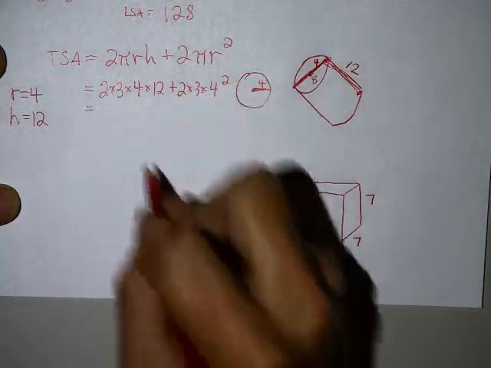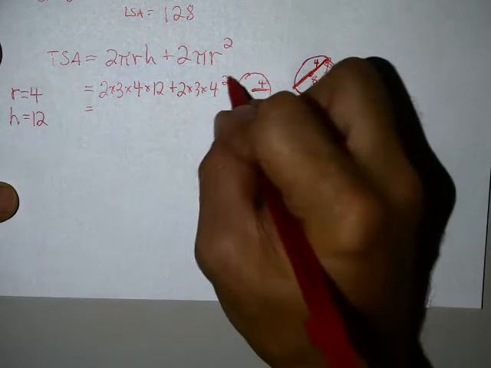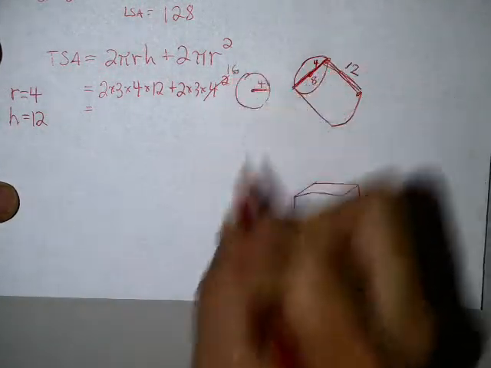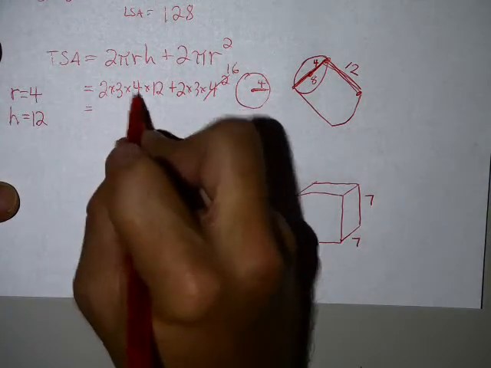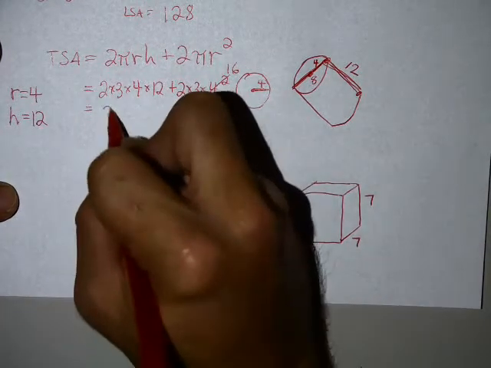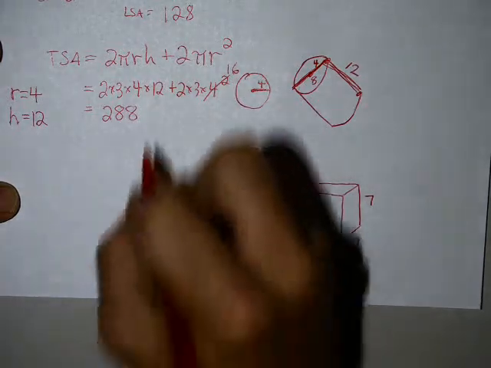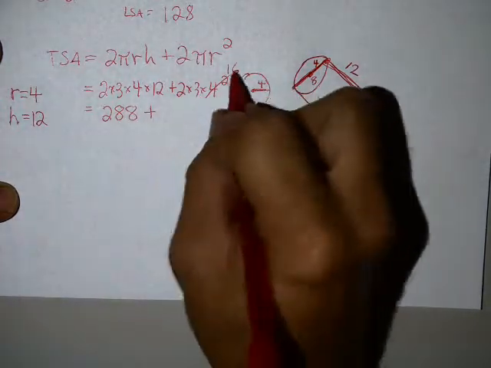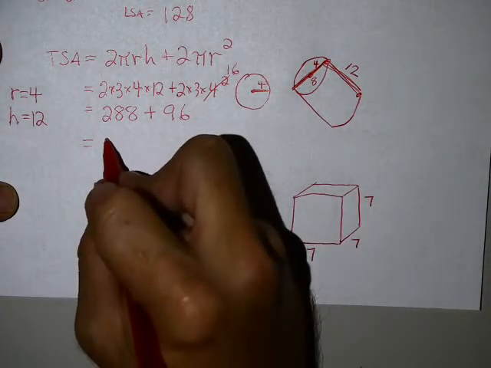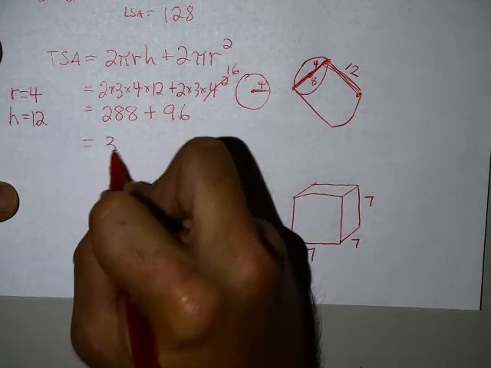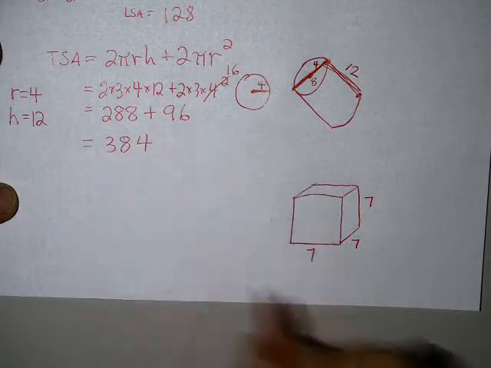So I'm filling in my numbers, which I've done. Now I'm going to multiply them out. I'm probably going to do this 4 squared first because I don't want to accidentally mess that up at the end. So 2 times 3 is 6, times 4 is 24, and 24 times 12 is 288, plus 2 times 3 is 6, times 16 is 96. I do that, and I just add those two together, which I'm pretty sure is 384, and that's my